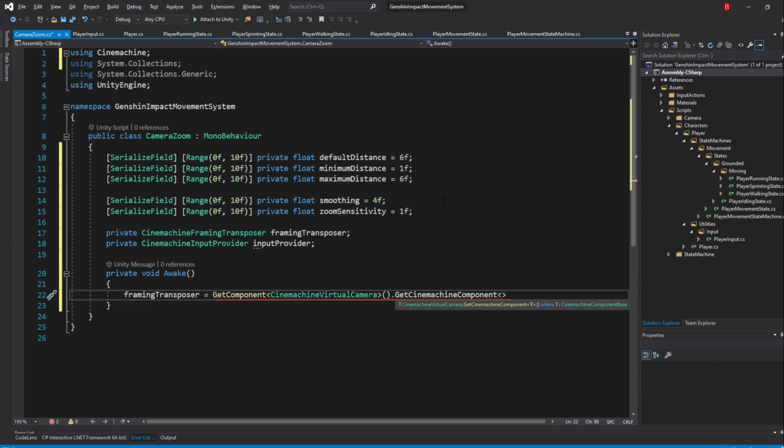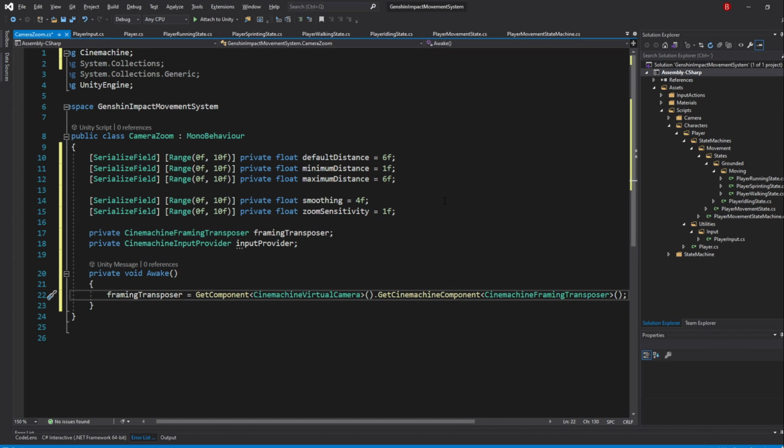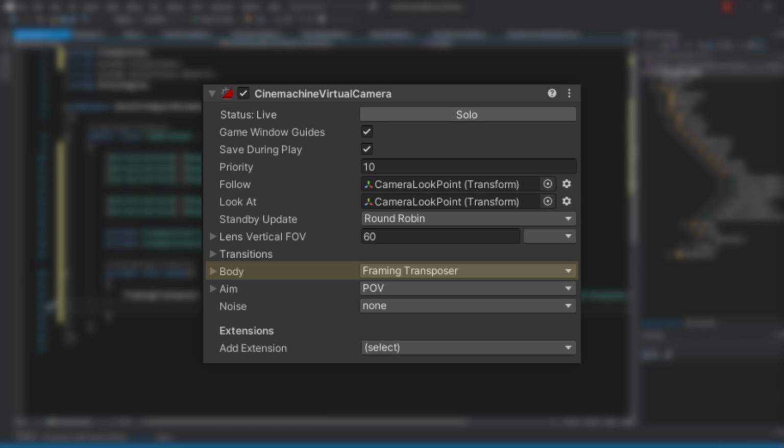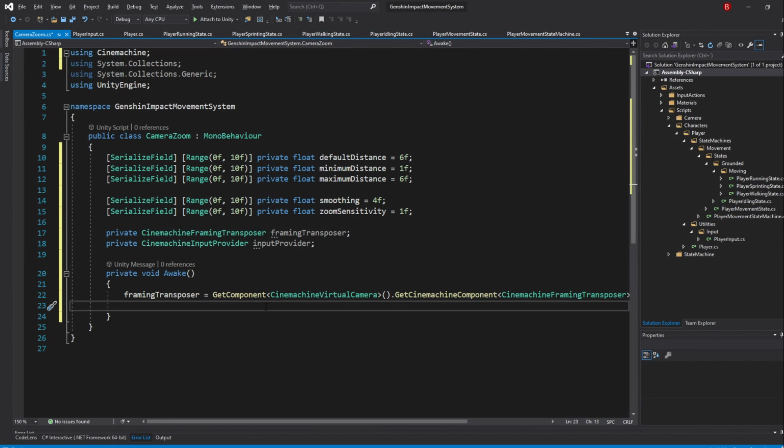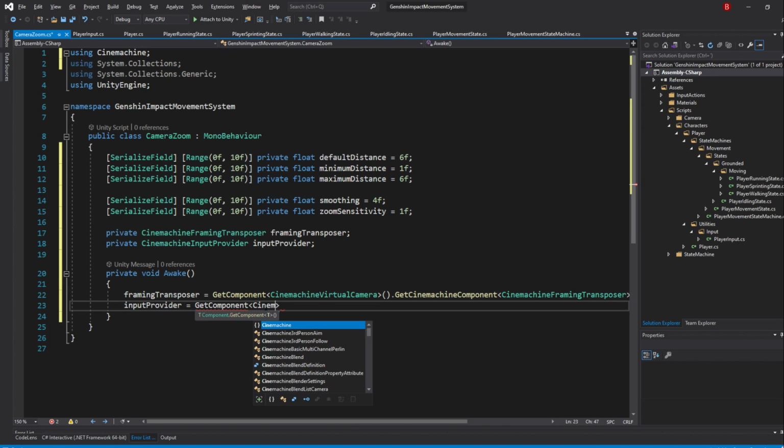For the type, we'll of course pass in CinemachineFramingTransposer. We use the GetCinemachineComponent method here because the body is part of the Cinemachine component. For our provider, type in inputProvider equals GetComponent of type CinemachineInputProvider.